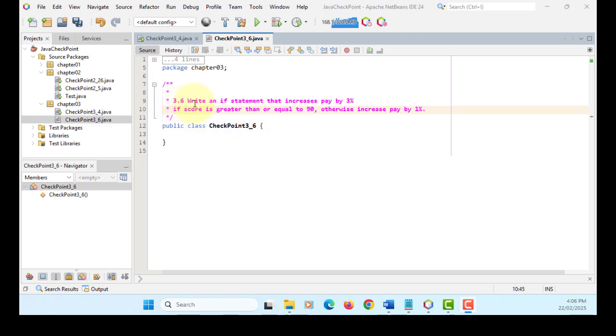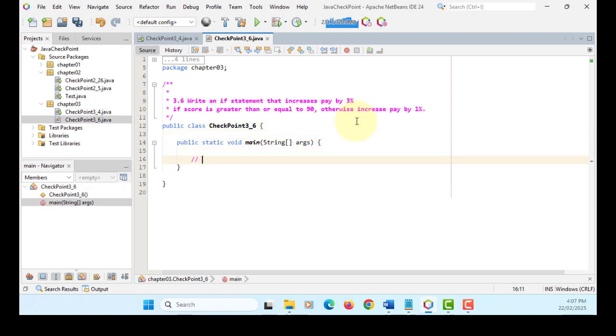Checkpoint 3.6. Write the if statement that increases pay by 3% if the score is greater than or equal to 90. Otherwise, increase pay by 1%. So otherwise means it's an else statement. So let's start with the main method. We need the input,